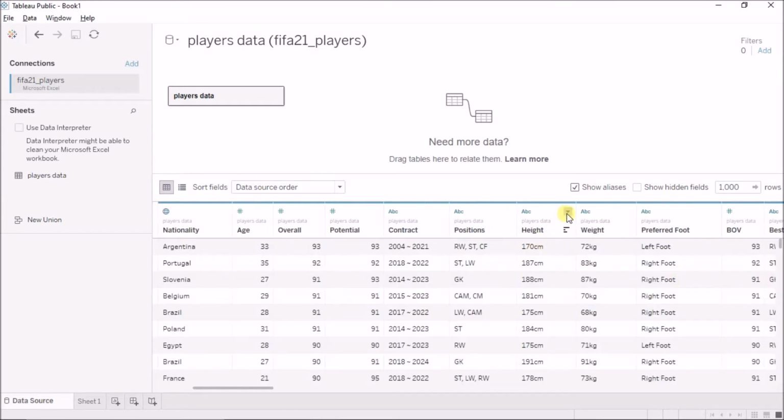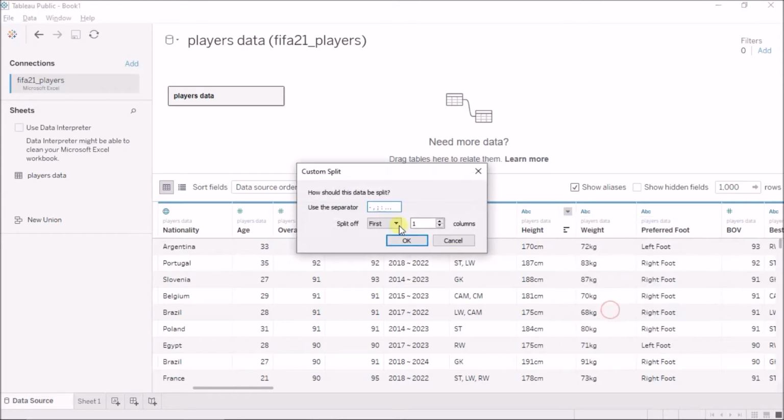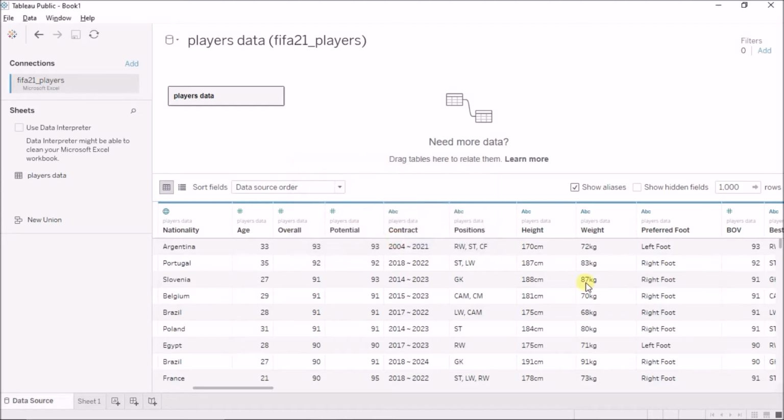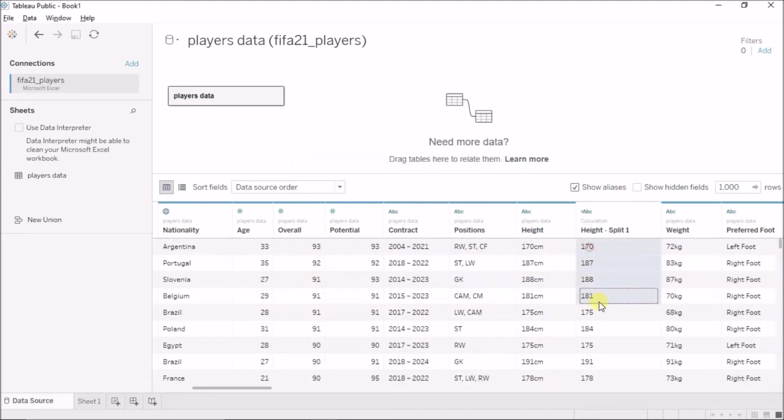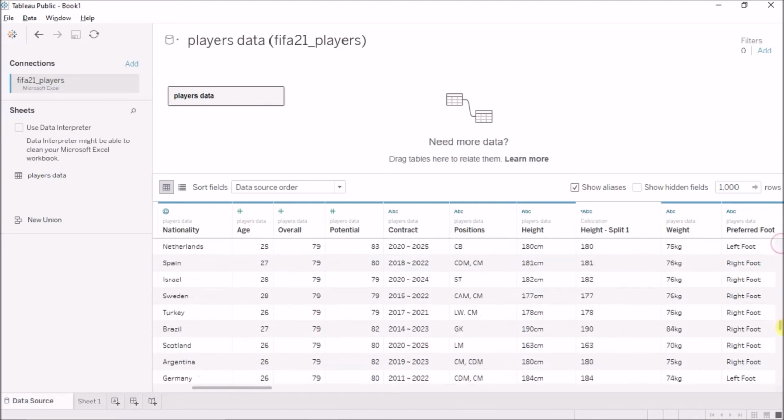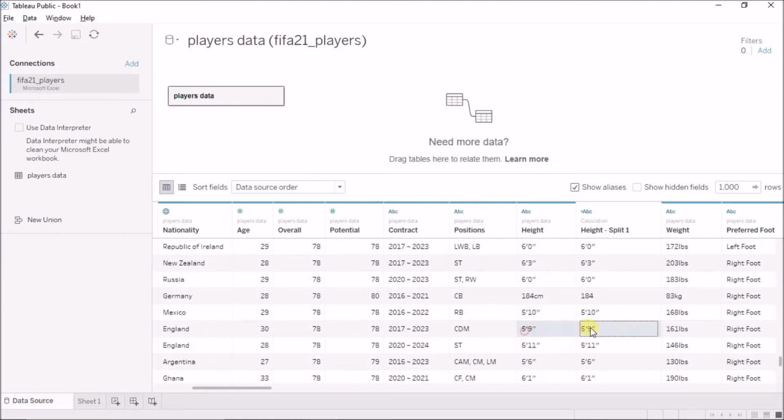Also, we cannot use the custom split here because even here we can only specify a delimiter. If I say C or CM, it will still give me the proper result, but if I check now, the 510 is 510, 59 is 59, because it didn't find the delimiter, and hence it is just keeping it as it is.